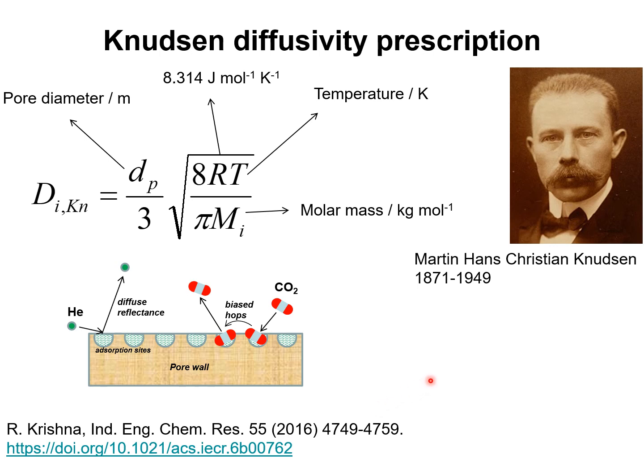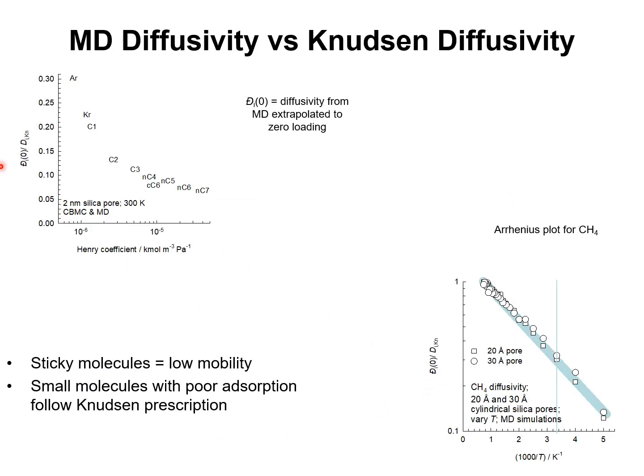We now compare the MD data for the diffusivity, denoted by this D_i with 0. We determine the diffusivity for a variety of loadings and extrapolate that to 0 loading to compare with the Knudsen formula. And this graph plots the ratio of the MD data for the diffusivity at 0 loading to the diffusivity calculated by the Knudsen formula, plotted as a function of the Henry coefficient, which is a measure of the adsorption